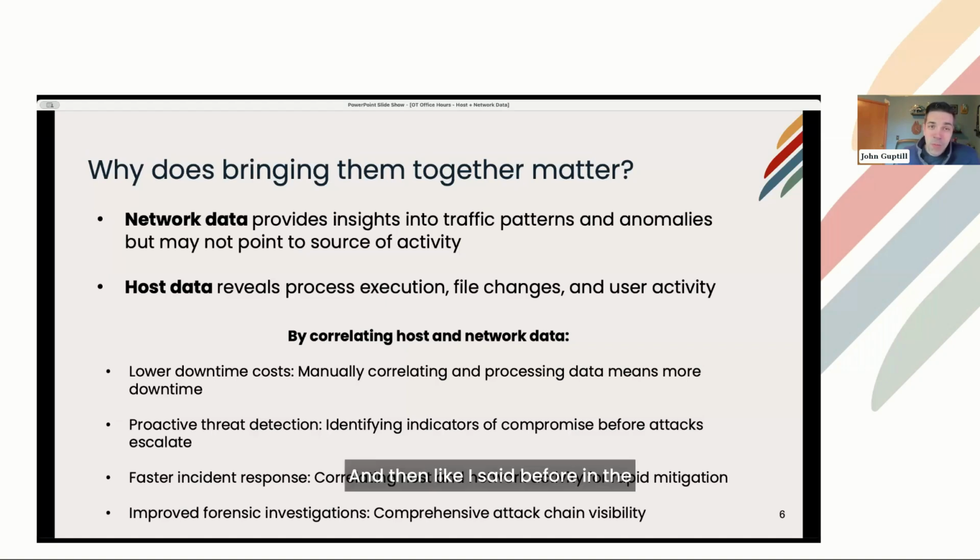And then, like I said before in the previous example, you're able to correlate, jumping from your network data or your host information, saying, hey, I see an indicator on one, jumping to the other. It improves your forensic investigation. You're able to actually get a timeline of events: I saw this event on this host at this time, then there was network traffic, and then I was able to jump over to this other host that I saw was also affected. And so you're able to get a better forensic visibility of your network.